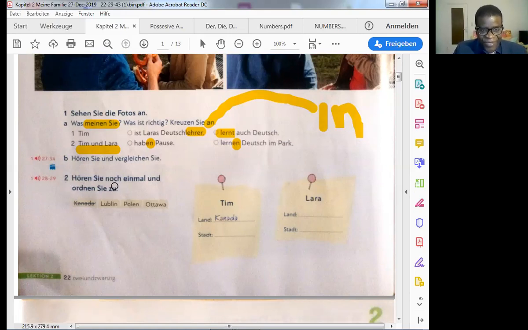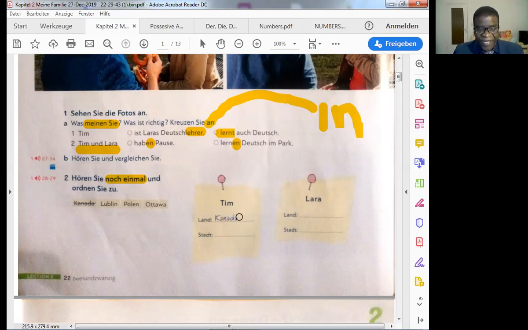Hören Sie noch einmal und ordnen Sie zu. Noch einmal means once more. And ordnen, zuordnen. We talked about this. Ordnen is to make order, to put things in order. In this case, after you've listened, you are going to work out what Tim is talking about and what Lara is talking about. Then you're going to fill in the blanks here. For instance, Tim here, Land, Canada. Land means country. So I think Tim says, ich komme aus Canada.